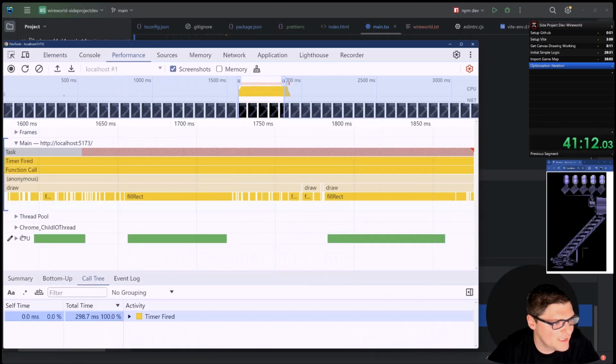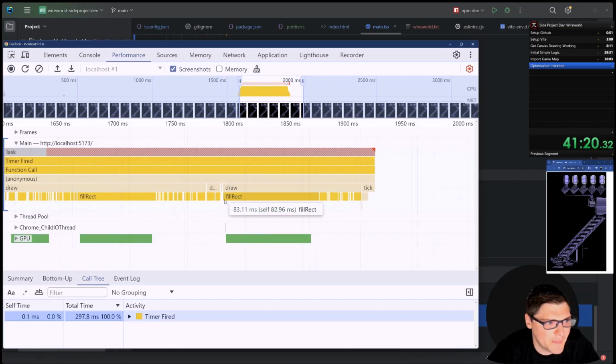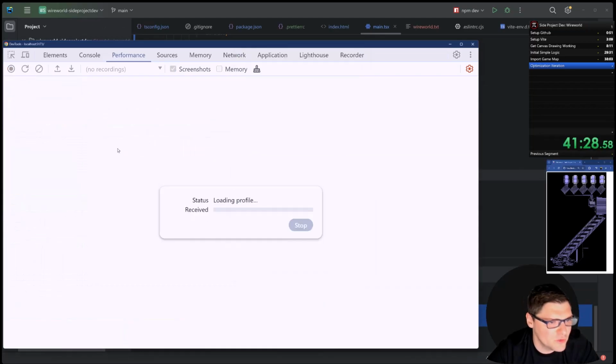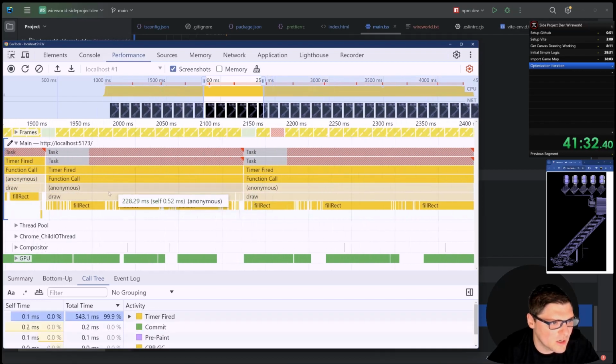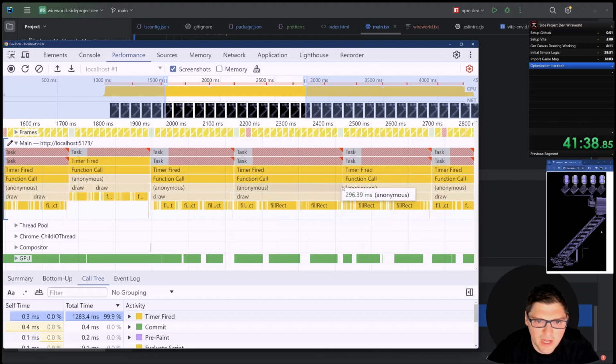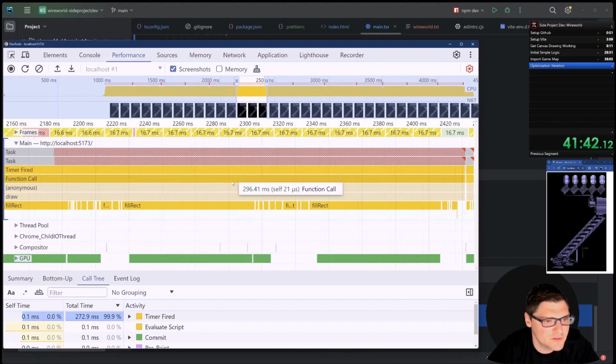The first thing I do is check the profiler and see why things are moving so slow. Remember, you never want to optimize without measuring first. I start running the Chrome Performance Profiler. This is a really powerful tool that gives us fine-grained insight into what our application is doing. What I realize is the draw code is currently the slowest part of the application, so the first stop is